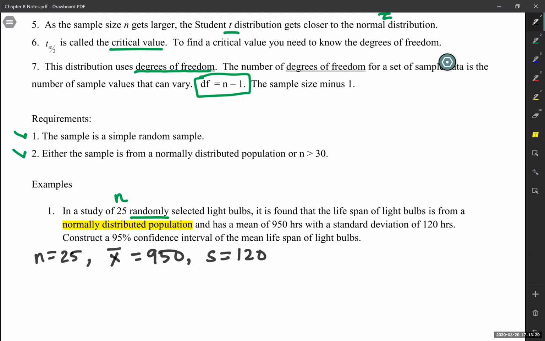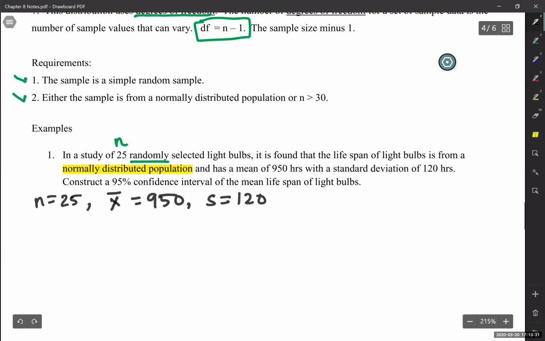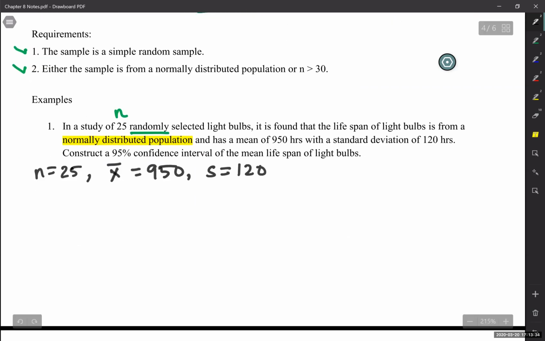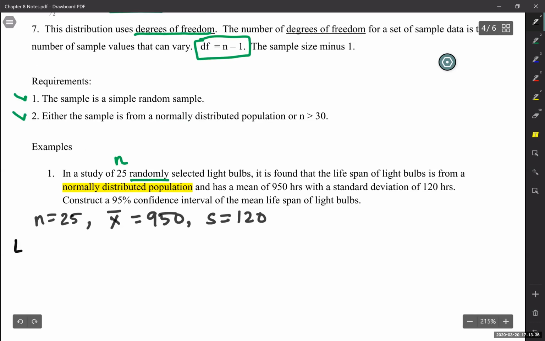So in order to use our formula, I'm going to write it out just because it's so far back at the top and we can't see it. We are looking for E, which is t of alpha over 2 times s over the square root of n. So we already know s, we already know n, we just need to know t of alpha over 2. So I'll just plug in what we already know. And so then to find t of alpha over 2,